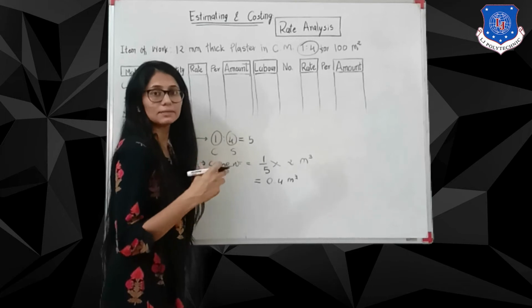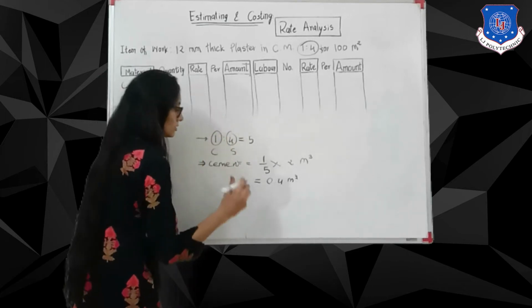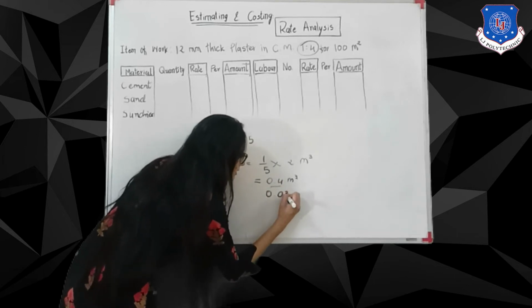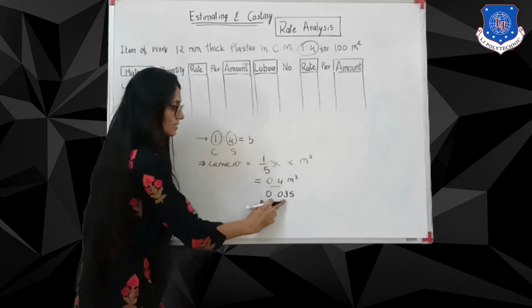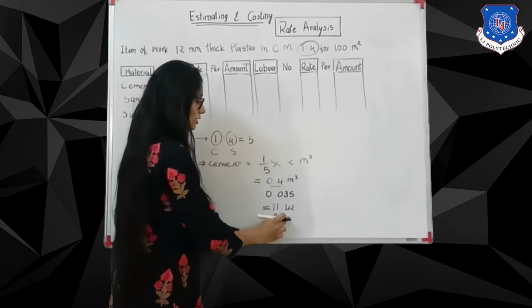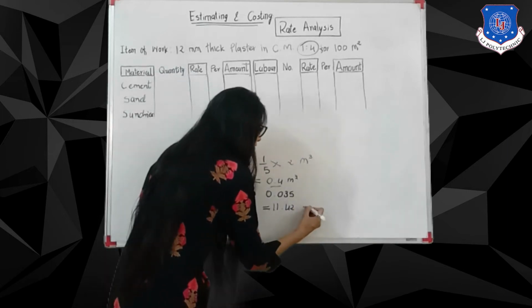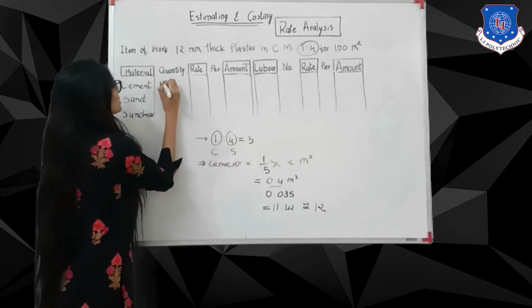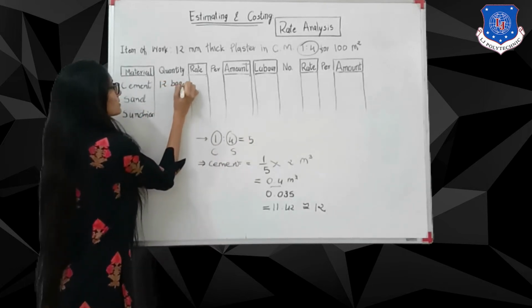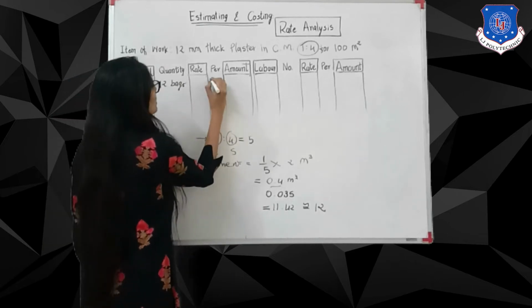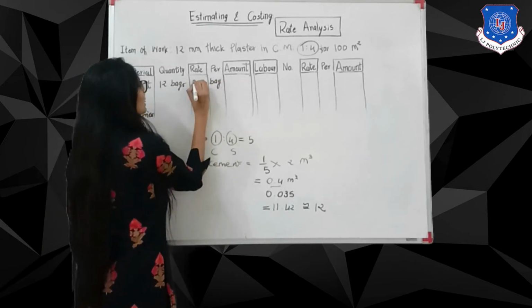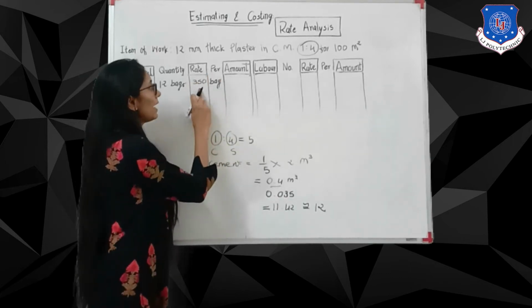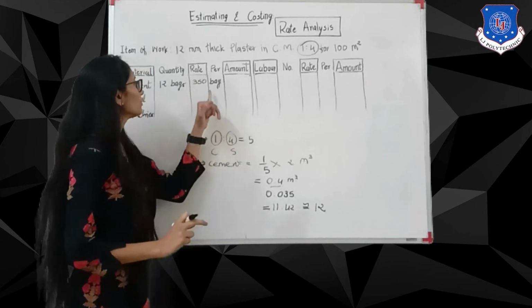We have to find cement in bags to calculate the cost. So this answer is incomplete. We're going to divide it by the cement bag volume, that is 0.035. Now we have the quantity of cement bags, which is 11.42. Let's say 12 bags. So cement is used 12 in bags. Per bag we are paying 350 rupees. Also I am adding the rates in different sections, the present market rate of one bag.